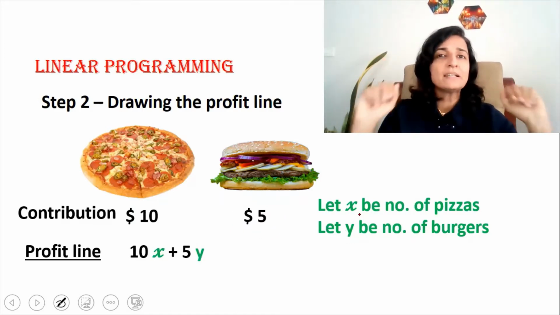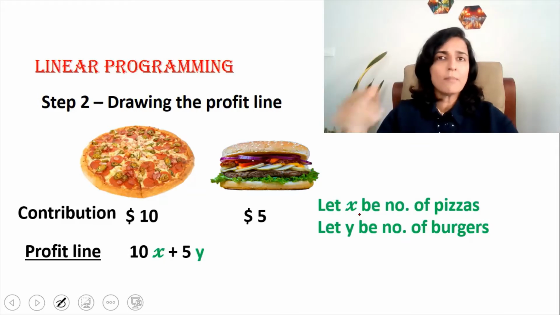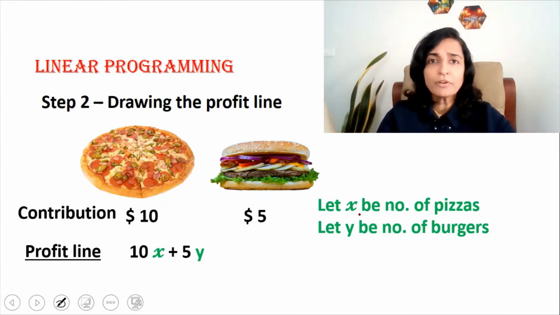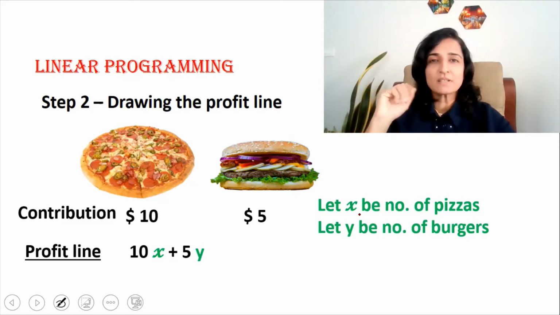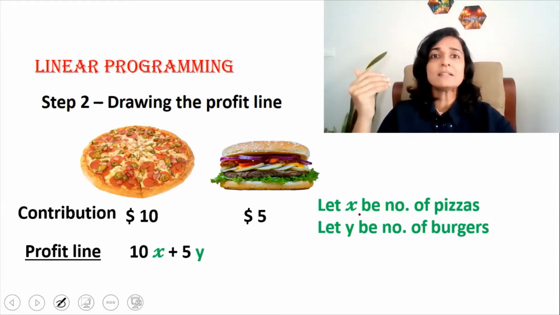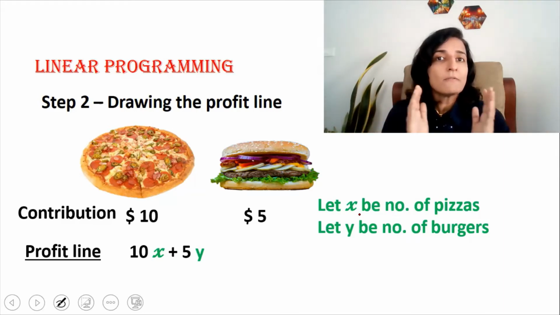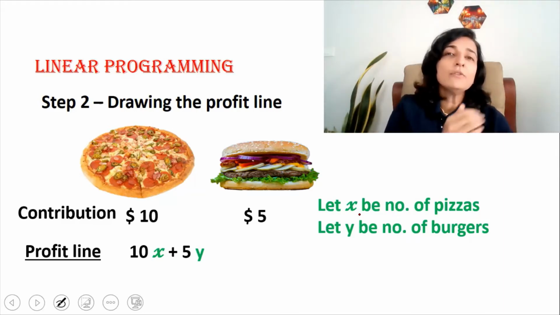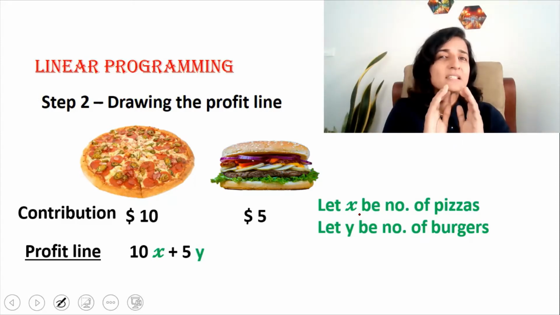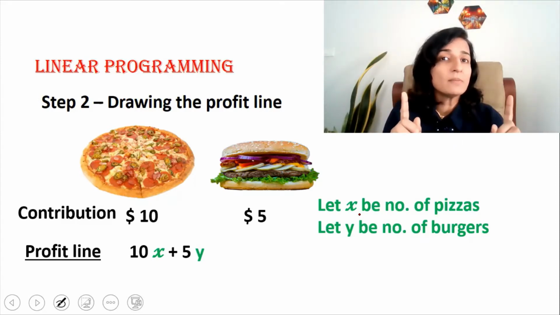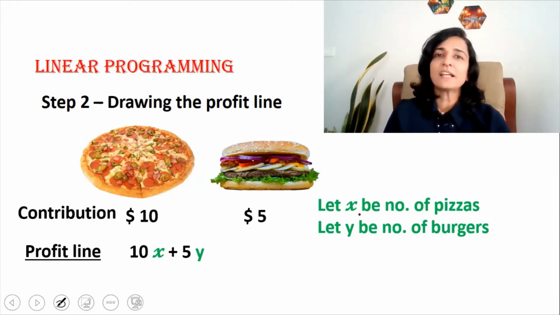Now, for those super intelligent guys who are thinking that, ma'am, contribution is not equal to profit. Contribution minus fixed cost is equal to profit. Agreed. But in decision-making process, we never take the fixed cost. What are the fixed costs? Fixed costs are things like factory rent. Fixed costs remain fixed even if you proceed with the decision or you do not proceed with the decision. Therefore, fixed costs are completely ignored for decision-making process. That is why the profit line does not include the fixed cost.